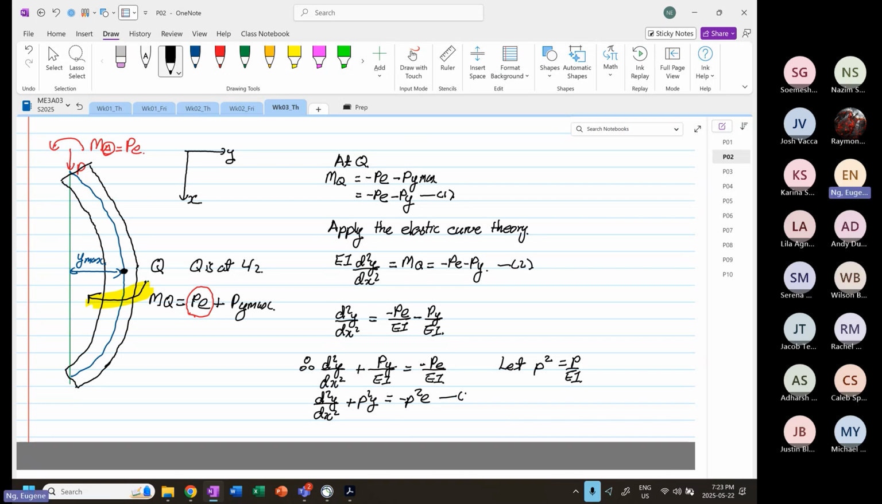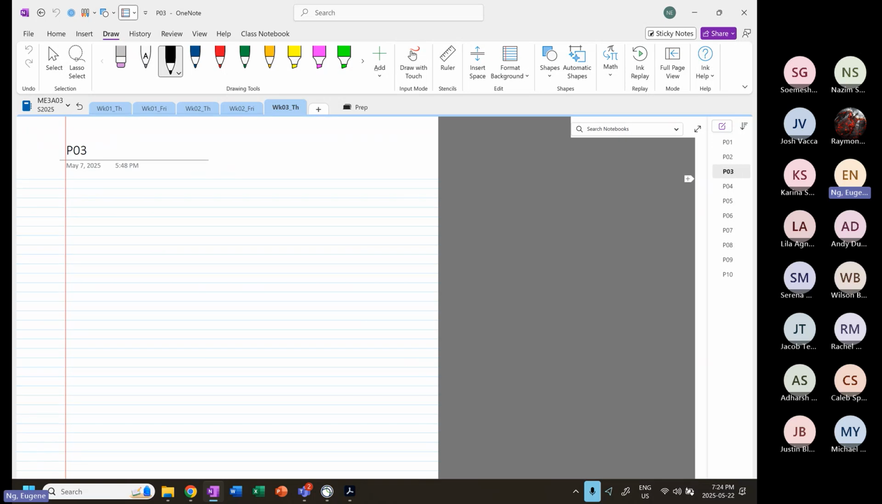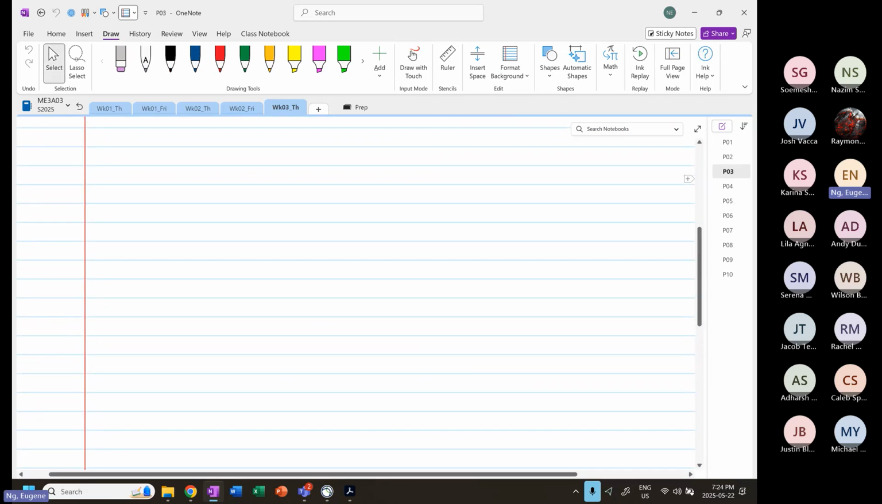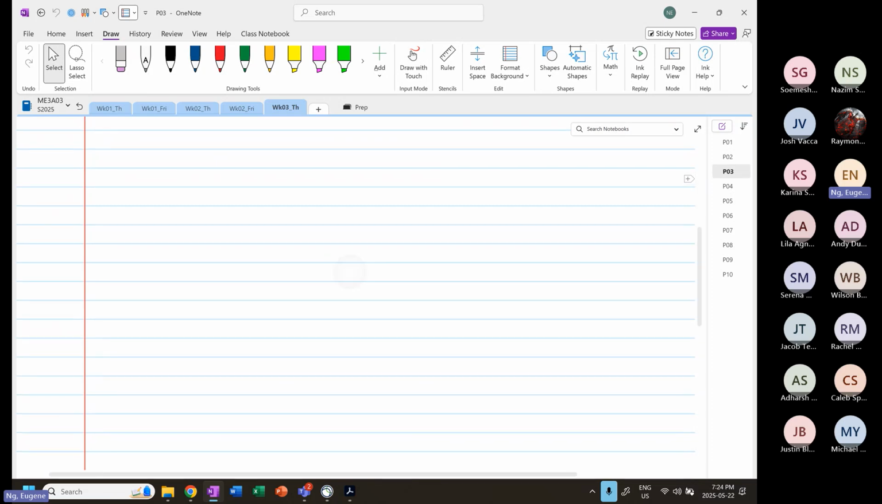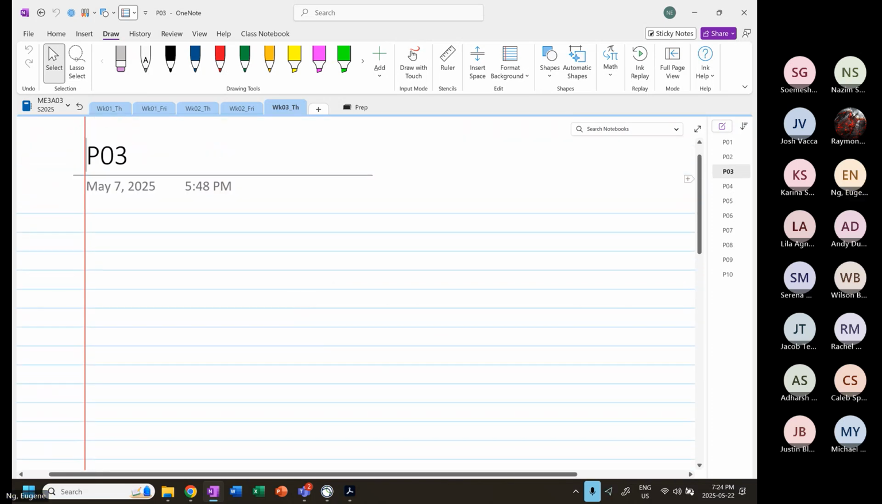So this is our equation number 3. Now equation number 3 is a non-homogeneous equation. Okay. So one of the general solutions, but we know that it's going to be complex conjugate roots. Okay. So the general solution,